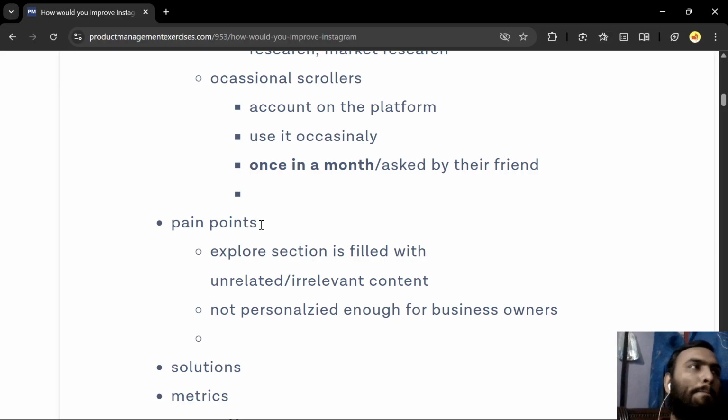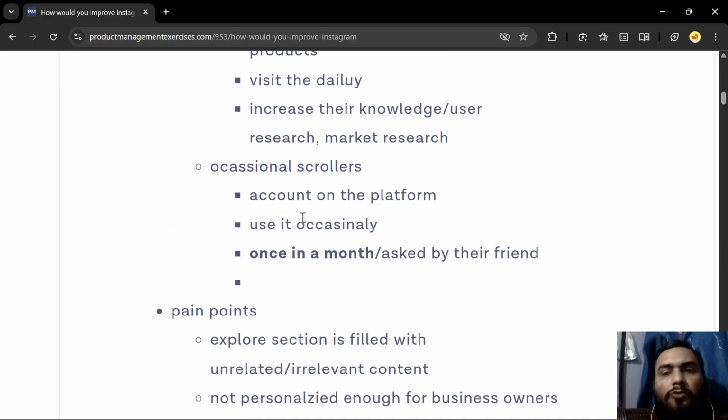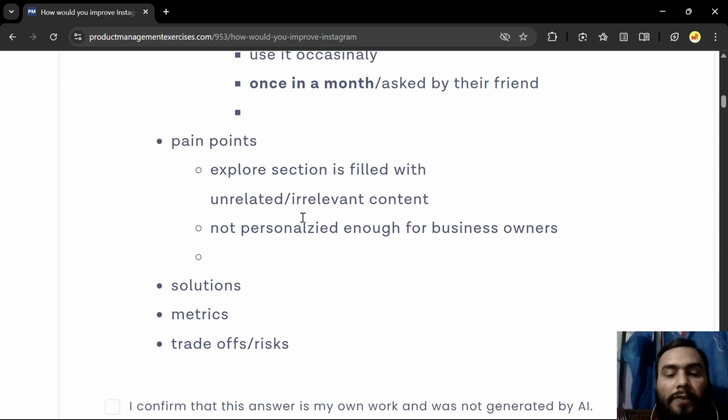Also, they are looking for tools for the goals that they have, like user research and market research. So there is, I think, a lack of those tools on the platform.